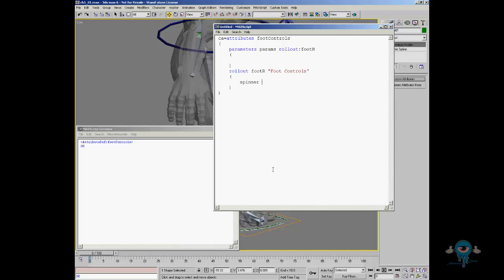The next step, again, just like the rollout, we have to give the spinner an internal name for MaxScript to recognize. You can't have spaces in these names. They have to be one continuous set of text. You can use underscores or dashes, just not spaces. In my case, I simply use ideas like this where I capitalize the next word if I need it. So this is going to be footRoll,